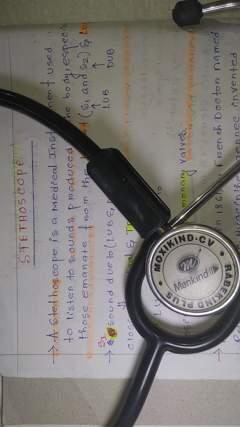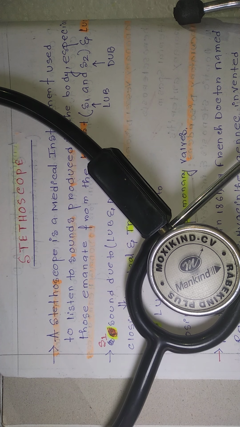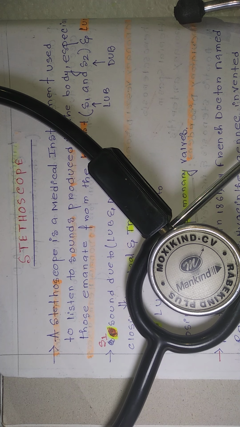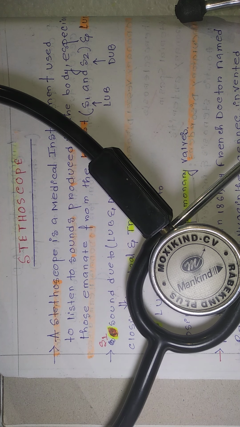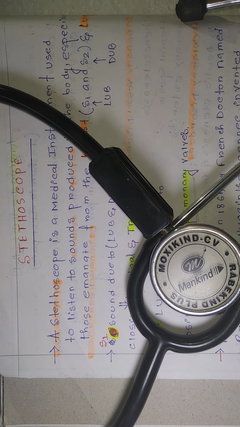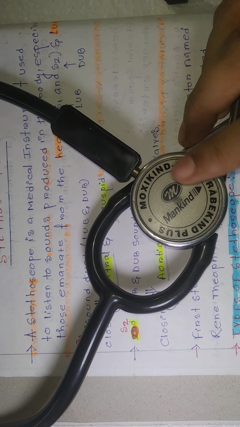A stethoscope is an instrument used in the medical field as well as the healthcare profession. A stethoscope can be used to listen to the sounds made by the heart. Those sounds are S1 and S2, the lub and dub sounds respectively. It is also used for listening to lung sounds, intestine sounds, and blood flow in the arteries and veins, and commonly for measuring human blood pressure. So this is our topic, the stethoscope.